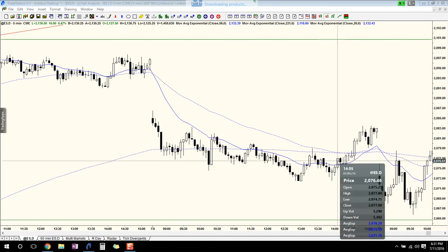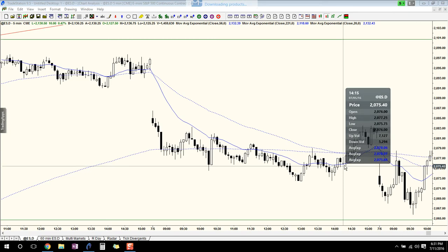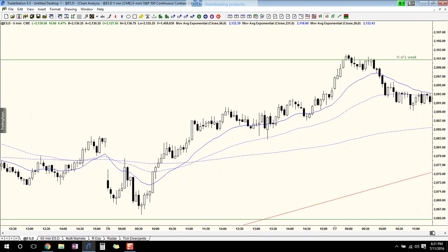Well, what about right here? Are you going to sell 14, 15? Probably not. You're already worried about here that we may get a higher low and not a new low. We did not get a new low. So you have to be thinking that we may test back up. Again, I don't want to spend my whole time on it, but